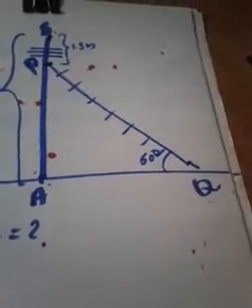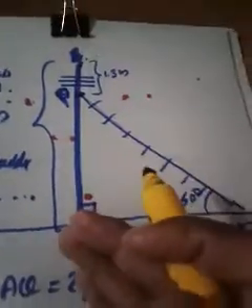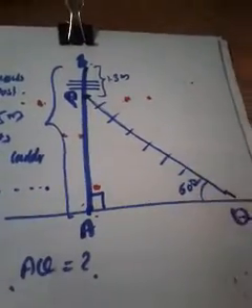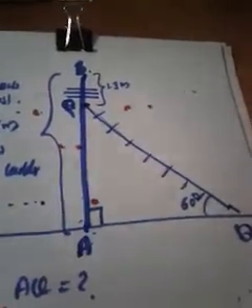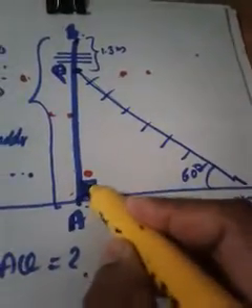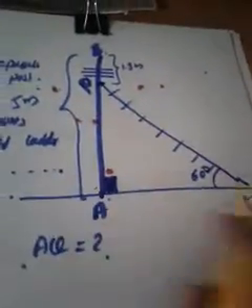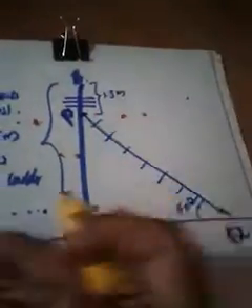Can you identify a right triangle in this figure? See, this is 90 degrees. Of course this is 90 degrees. Why? Because the electric post should be straight towards the ground, perpendicular. So of course this will be 90 degrees, since in the usual case the electric post would be perpendicular.